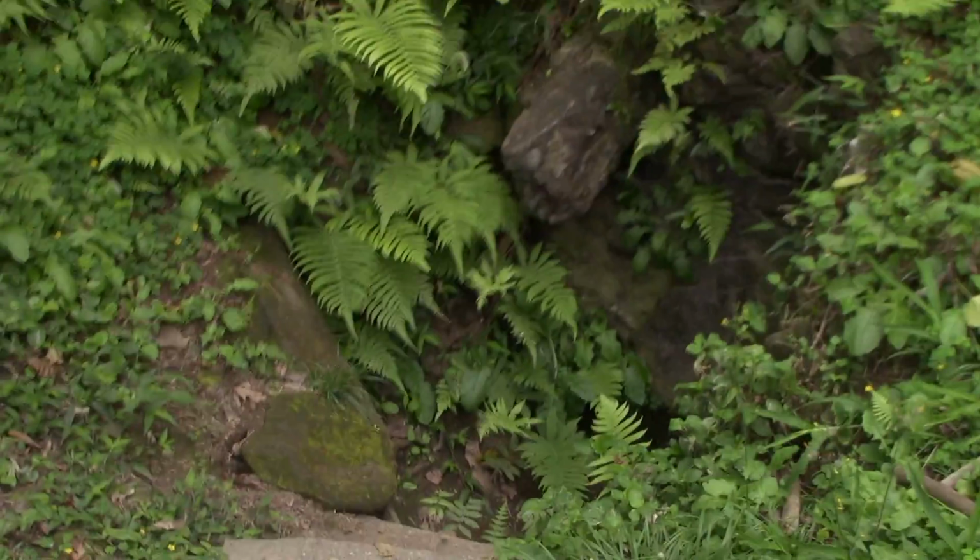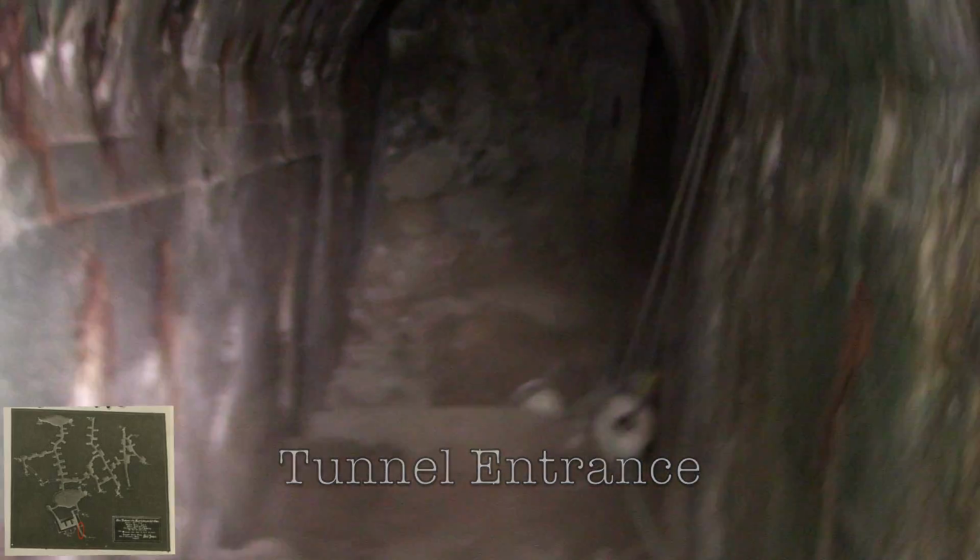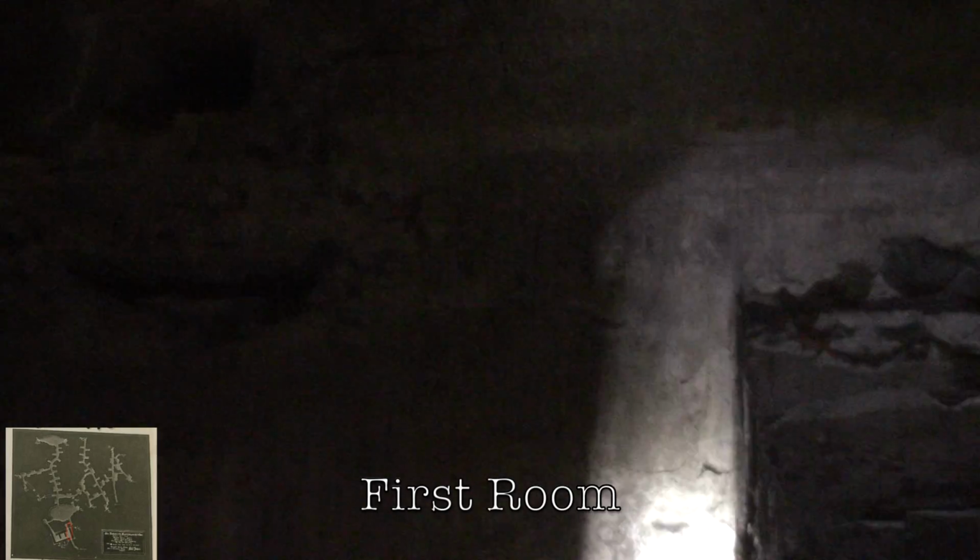The rope's always put through these caves so you can't get lost, but the entrance is about 1.5 meters tall, and then it goes down at about a 45-degree angle. Now I'm out here with a headlamp, another handheld light, and my camera. So throughout the video, you're going to have to excuse all the hard angles and the shaking and all of that. This first room is just an entrance room into a concreted